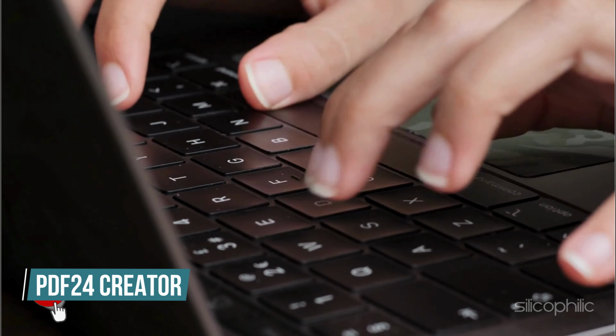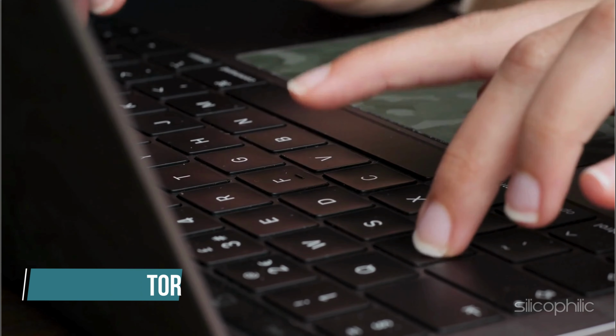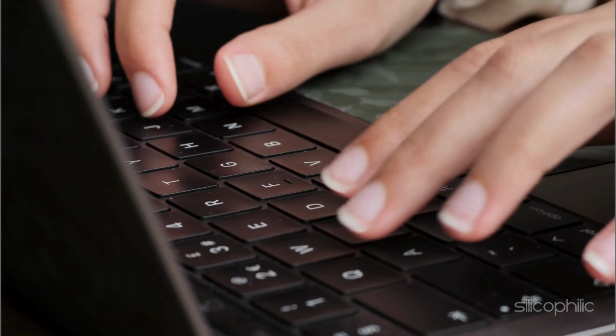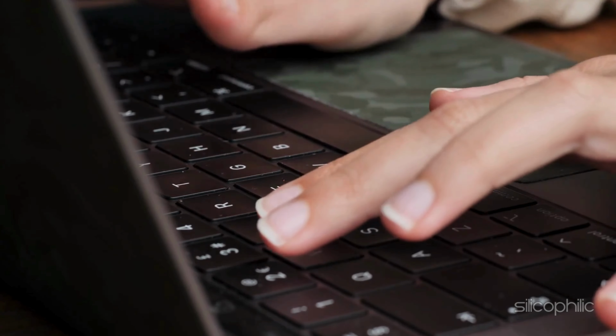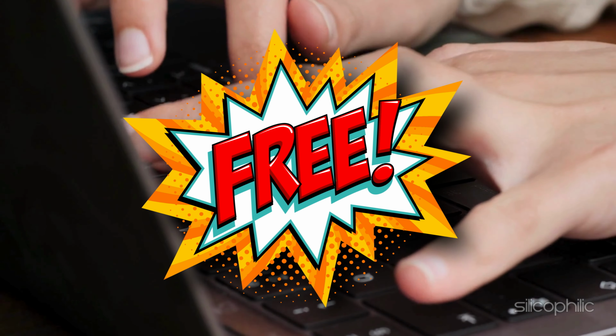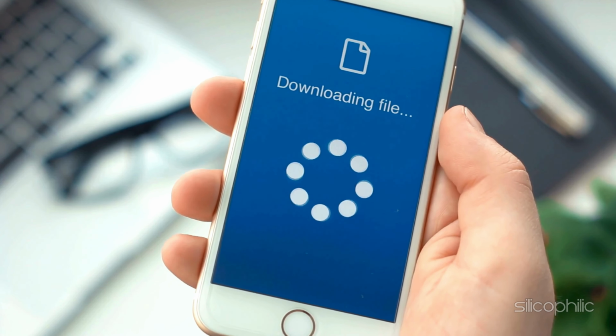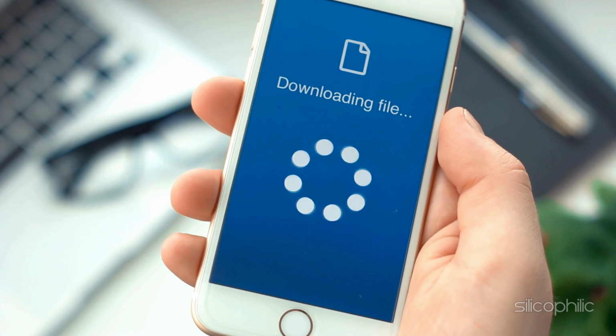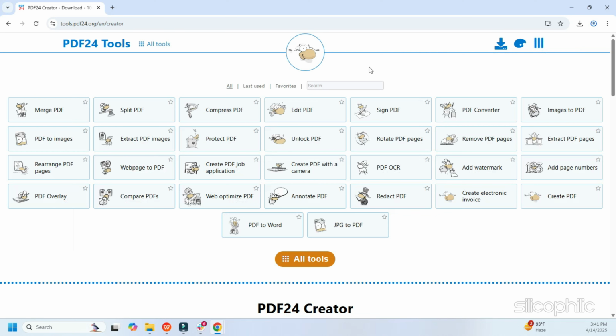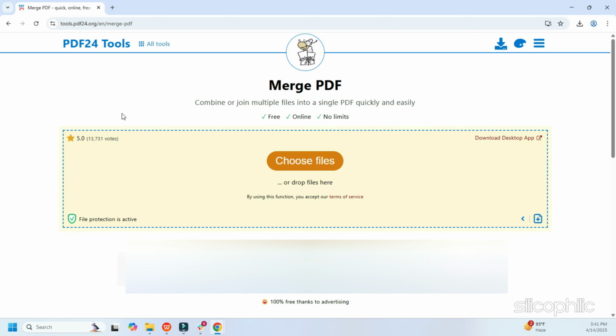3. Use PDF24 Creator to merge PDF. Another great tool for merging PDFs is PDF24 Creator, which is free and easy to use. It is available both online and as a downloadable app like the previous tools. Here is how you can use it. Visit the official website for PDF24 Creator, click on the Merge PDF option, then click on Choose Files and browse